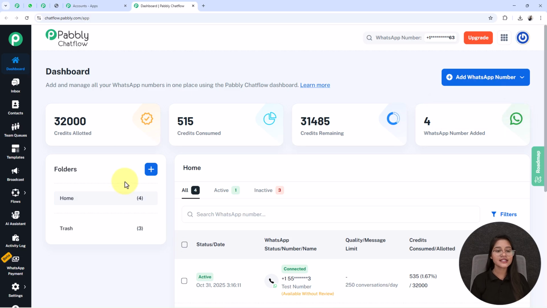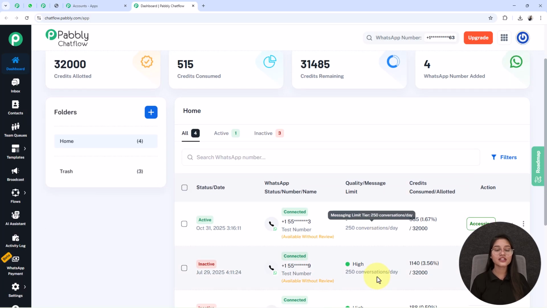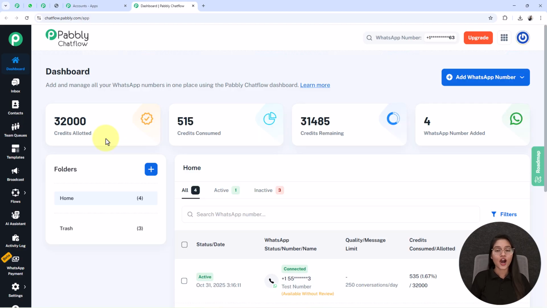And in this folder section, you can create multiple folders in your Pabbly Chatflow account by clicking on this plus option, where you have to enter the folder name in this field and also select the parent folder from here. And in this home section, you can see the status of your WhatsApp number that were added in your Pabbly Chatflow account. On the left hand side, you will see the multiple features of Pabbly Chatflow, named as inbox, contacts,